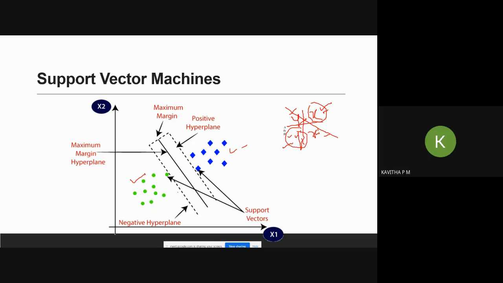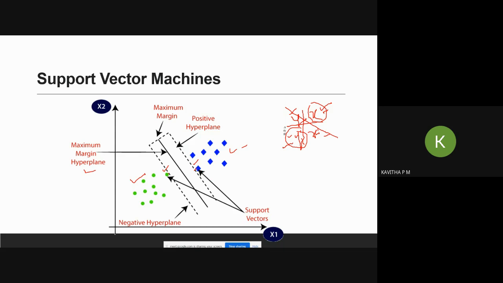Fine. So here we have the closest plottings, this blue color and this green color. Based on these, we are going to categorize and find the margin. We are going to construct the margin. This is the maximum margin in this particular hyperplane. What is this maximum margin? The closest points nearby to this particular line, based on which we construct the maximum margin, we call them support vectors.